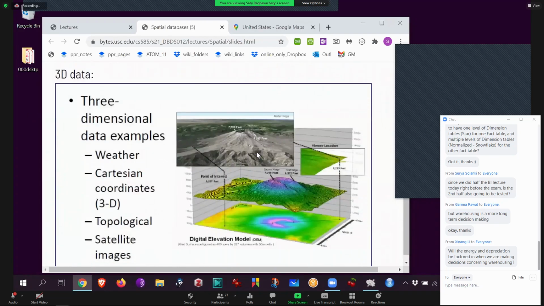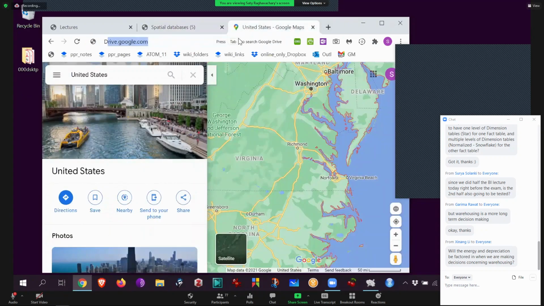And then three-dimensional data. So supposing this is like a Hawaii volcano or something, how are you going to store the spatial data? You can store them as layers. You can store a flat version, and you can store the 3D separately, just the z values separately. That's called a digital elevation map. Okay, this DEM. Interesting. The same model. It's actually a digital elevation map. Okay, so DEM data. I'll just quickly tell you.